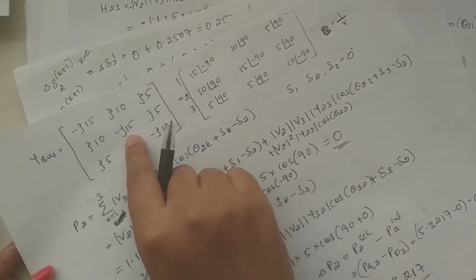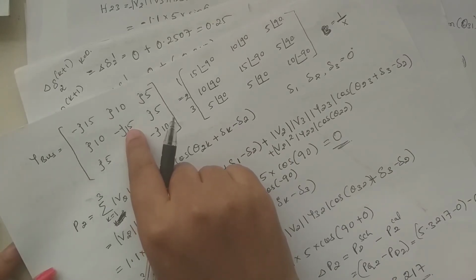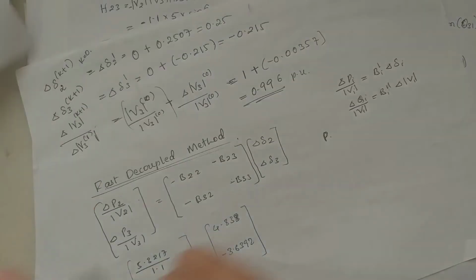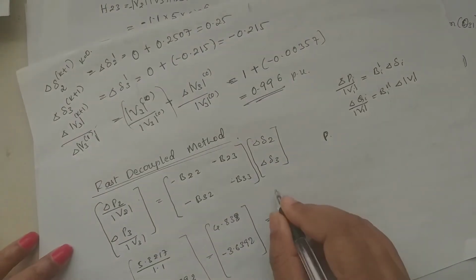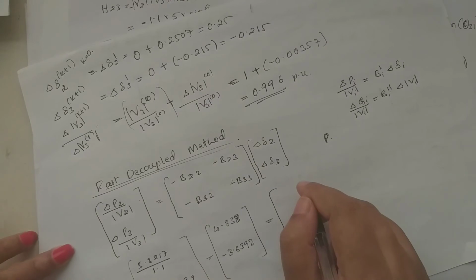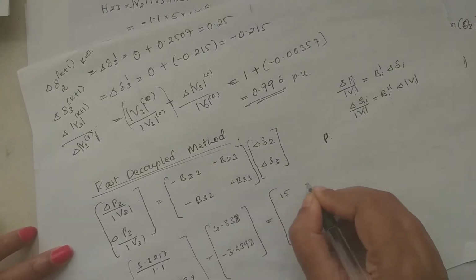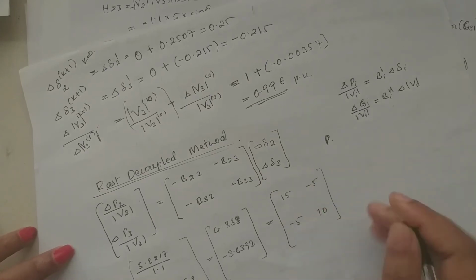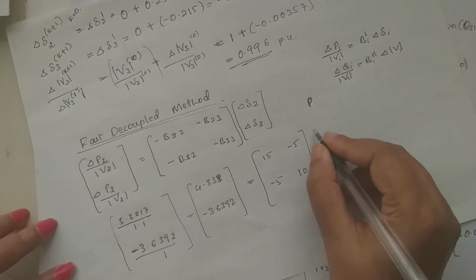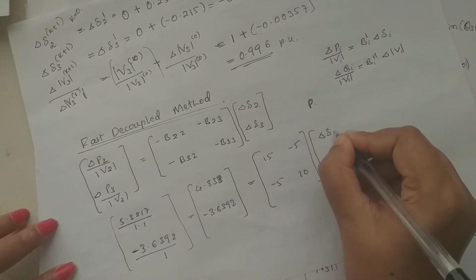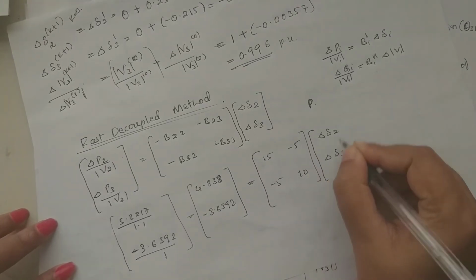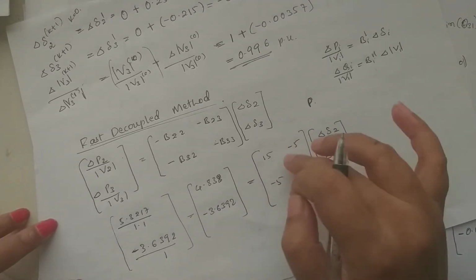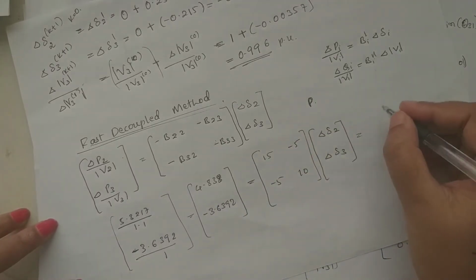Taking minus of this, it would be plus 15, minus 5, and plus 10, into delta 2, delta 3. Taking this B matrix to the other side, we get